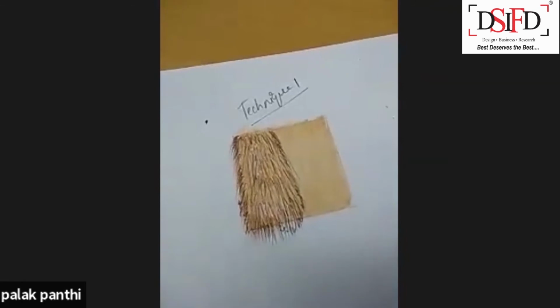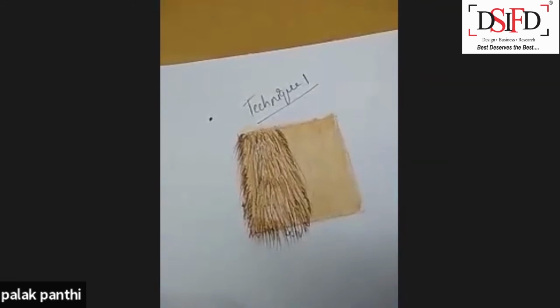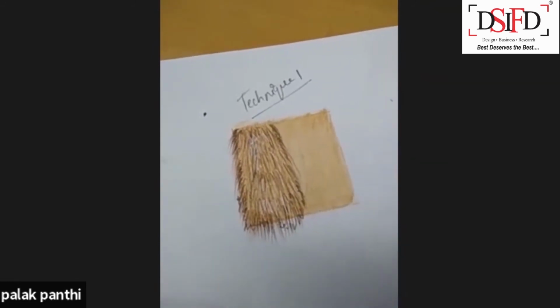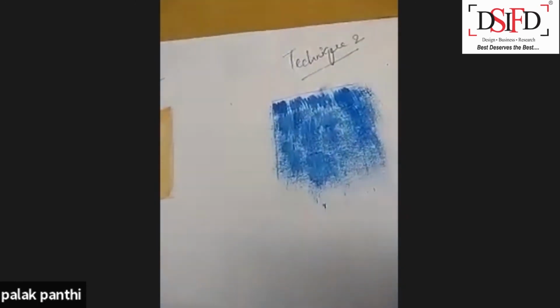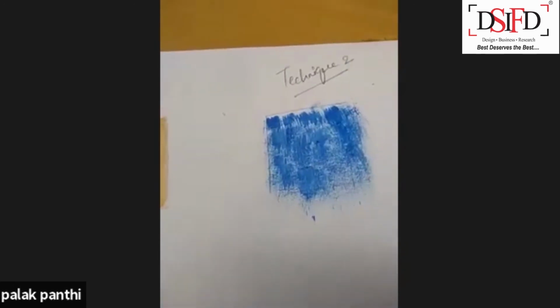White you use only when it is supposed to be very shiny. Only at places where you have to show that there is a lot of shine in that fur.